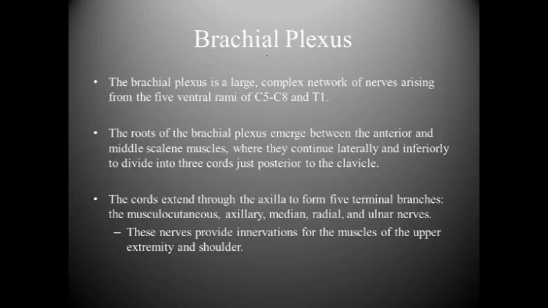Also, the brachial plexus. The brachial plexus is a large complex network of nerves arising from the 5 ventral rami of C5 through C8 and T1. The roots